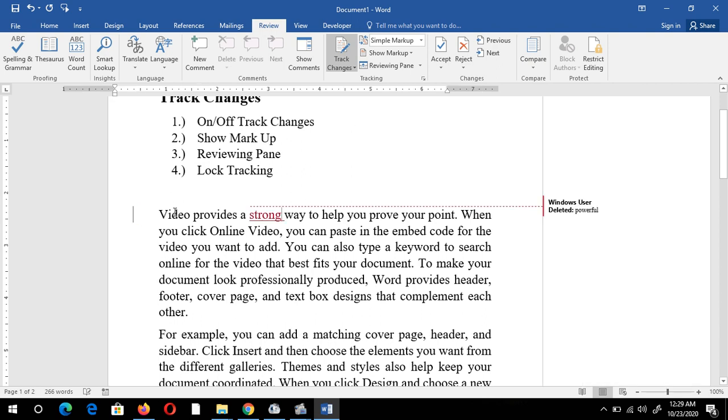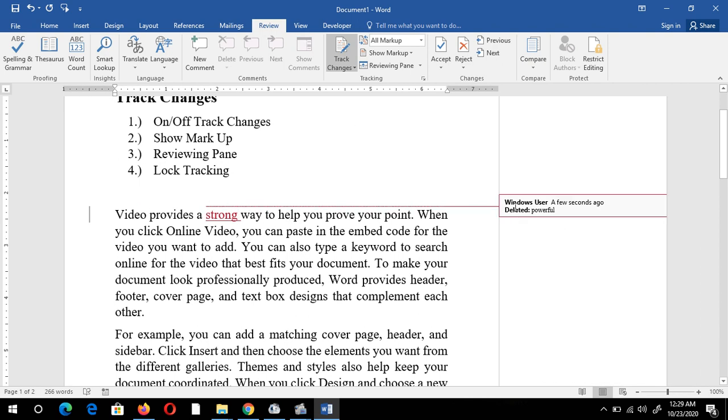If I click here, it will show that the Windows user a few minutes ago deleted the word powerful and replaced it with this keyword strong. You can see it is in red color, that is, it is inserted. If you keep your cursor here, it will show the comment that inserted strong. That means the deleted keyword is powerful and strong is the inserted keyword.